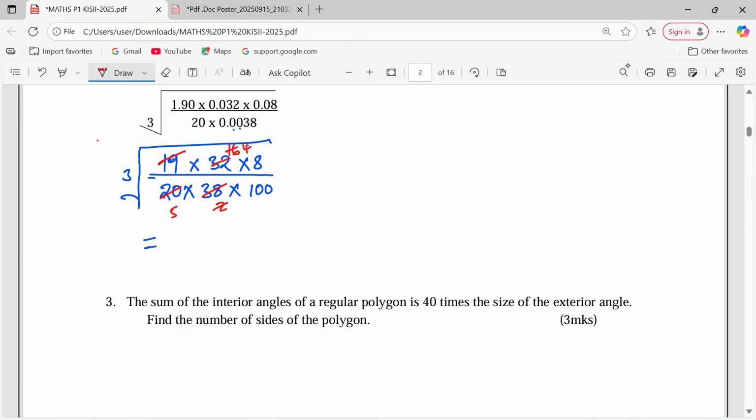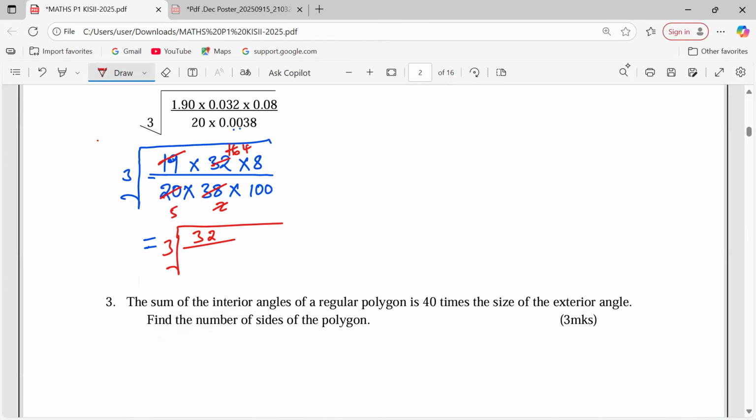So you see, we'll be having 500. The third root of, on the numerator, 4 multiplied by 8, giving us 32